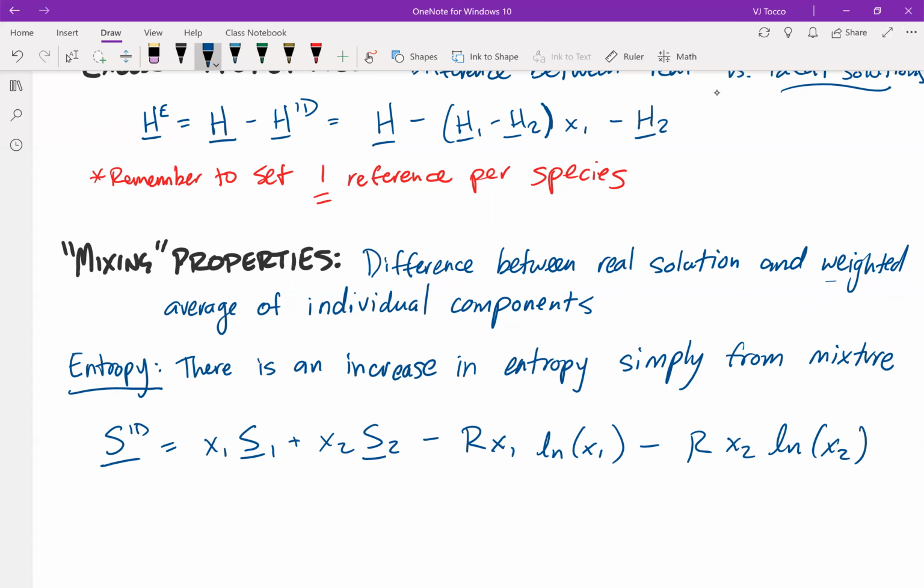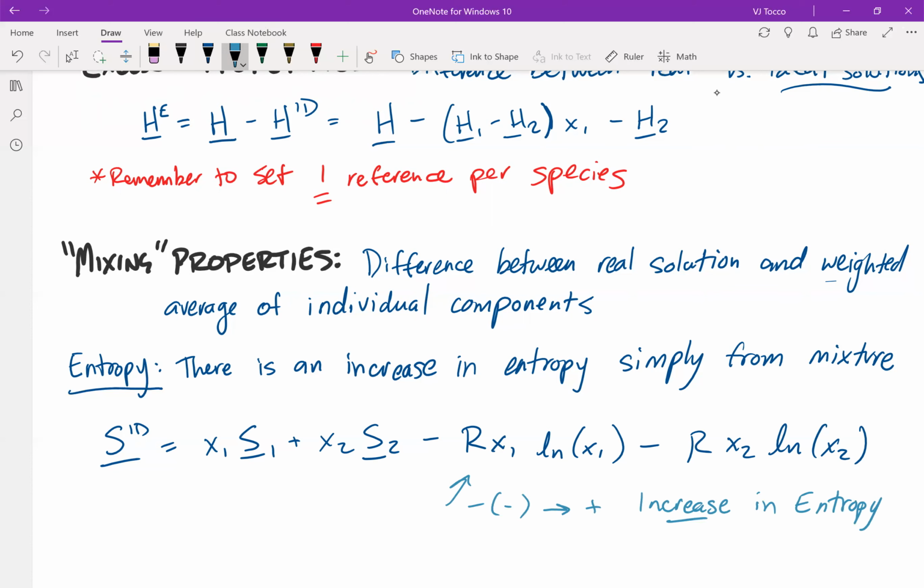And because x1 and x2 are numbers that go between 0 and 1, this ln term is negative, which means a negative number. R is positive, x1 has to be positive between 0 and 1. So these whole terms are negative, which means if you're subtracting a negative, then you have a net increase in ideal entropy. So minus a minus number is a net positive and increase in entropy,